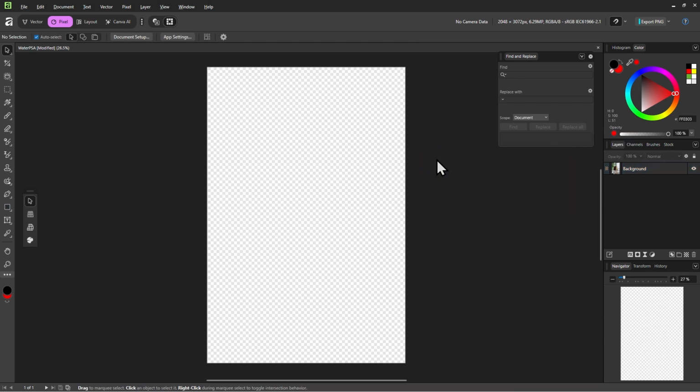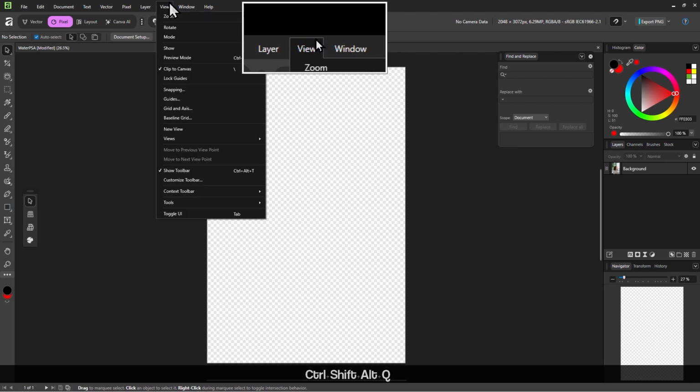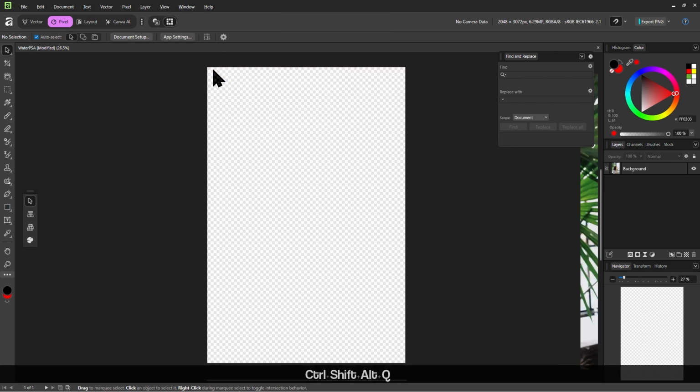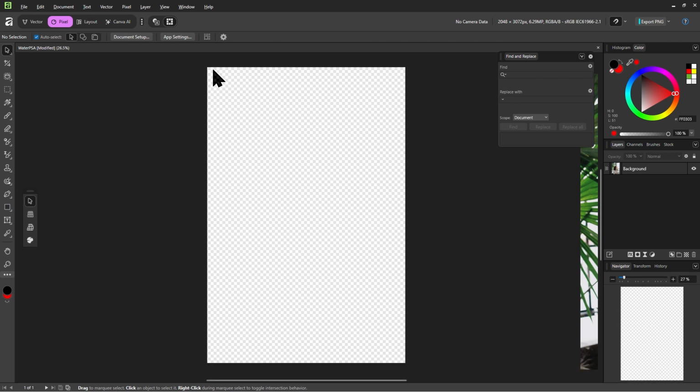Well, now we can't even see the image, so how do we find it? We can go into the View menu, and then click on Clip to Canvas. Now any objects that are outside the canvas will no longer be invisible.